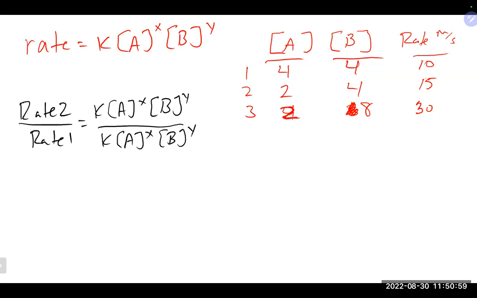So when we say rate 1 and rate 2, it does not mean that you go to this table and select the first and second entry. That's really not what it means. What it means is we want to go to the table and select 2 entries. Now, it's important when we select these entries that we actually find 2 entries where one of the reactants remains constant in terms of its concentration and the other one basically